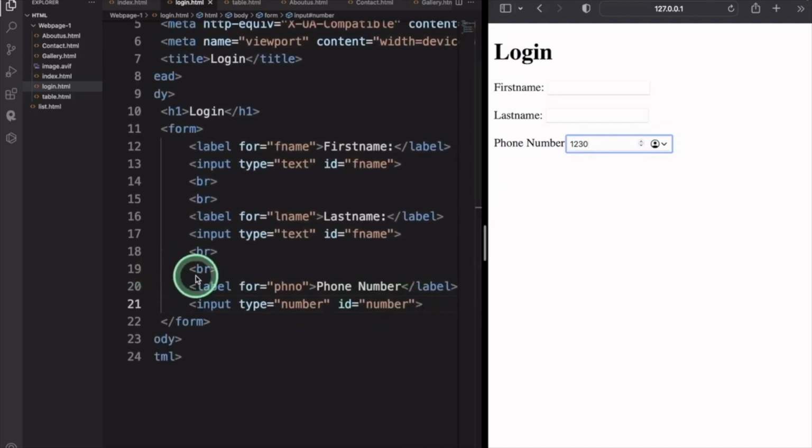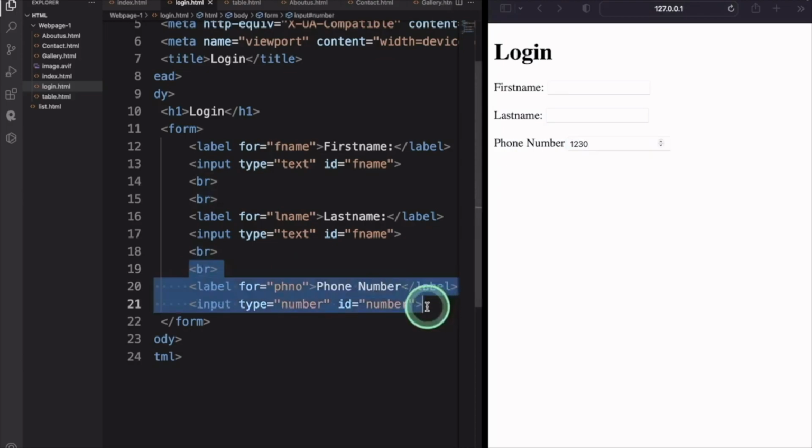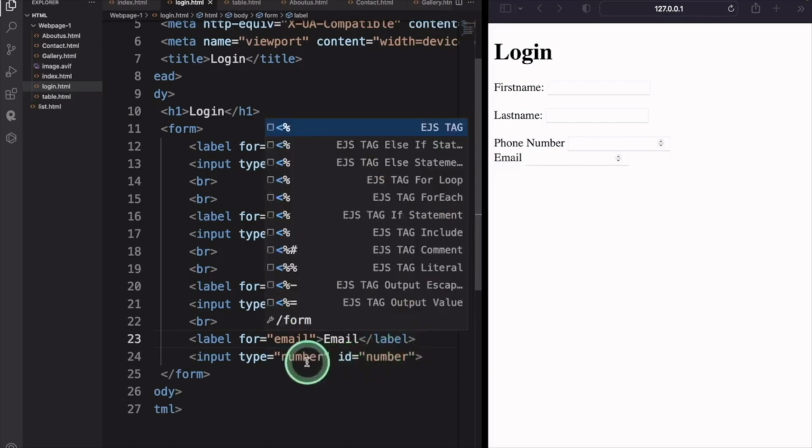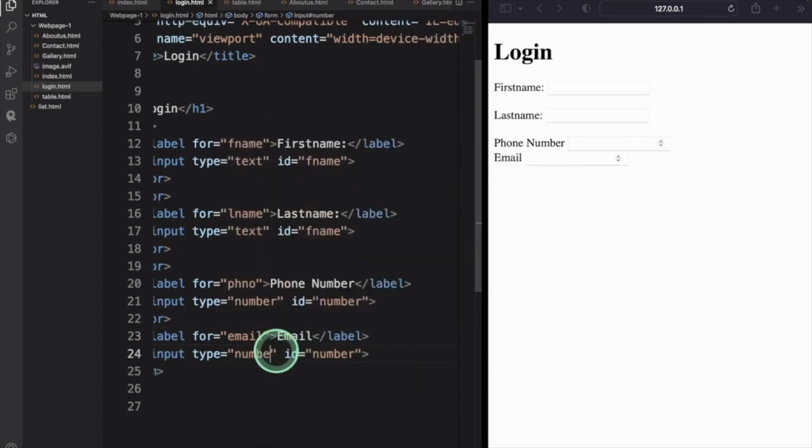Let's do that. Let me just copy this so it is easier, like this, and make it email over here as well as email. And let me just make this as email too. So here, as you can see, you can start putting your email addresses. Let's say